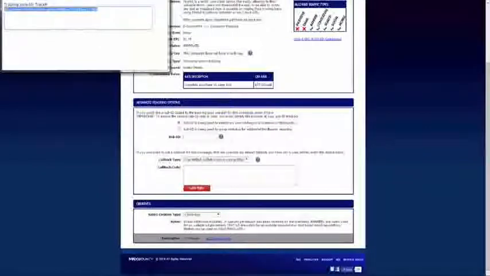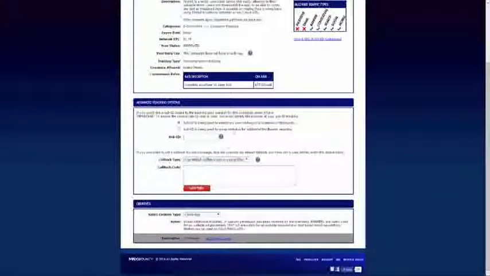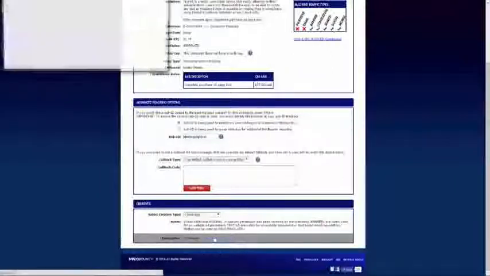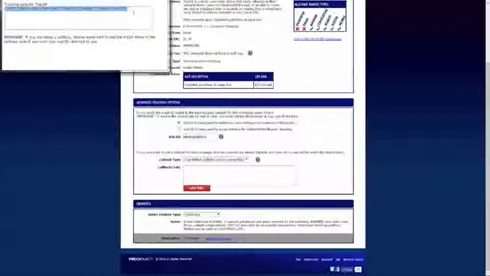Now, another thing that you guys can do, and I forgot to mention this, I should mention this right now, is you can use sub-IDs. So if you're not using ClickMagick, but you want to test out sub-IDs, that's internal with Max Bounty. You can create a sub-ID that says desktop, right, call, right? And then now when I click get tracking code, there we go. Now I have a sub-ID